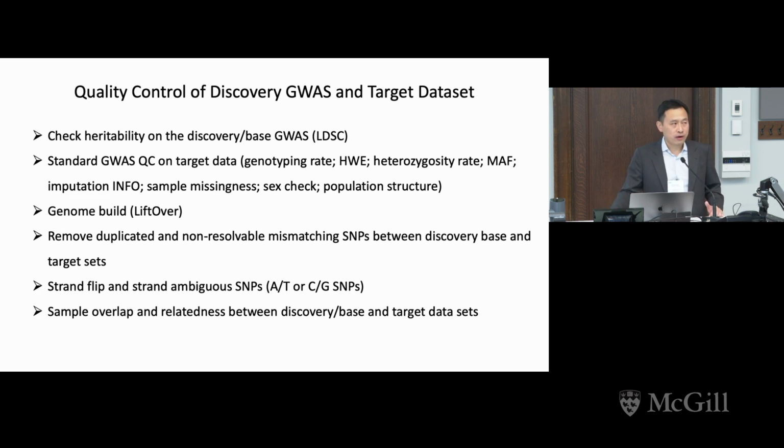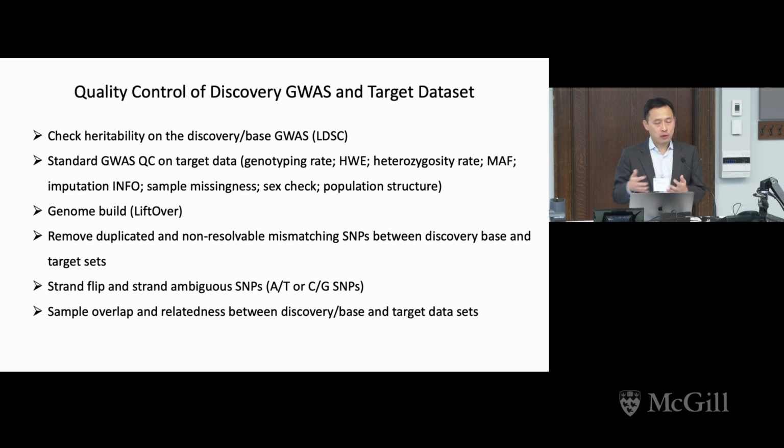You probably don't have to worry about those you downloaded from the PGC website, but in case someone handed over a summary stat to you, it's always good to do a sanity check. One way to do that is to calculate the heritability in that GWAS summary stat, which I'm sure you heard about yesterday. You can run LD score regression on the GWAS summary stat to take a look at